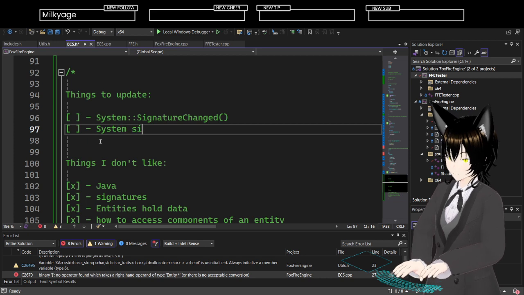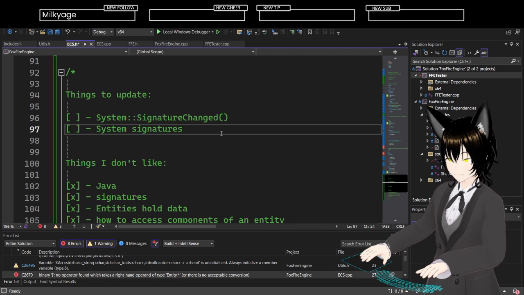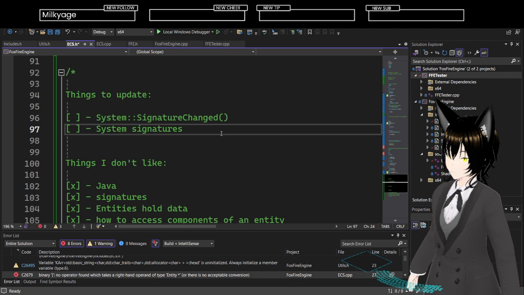Signatures, because I've completely removed signatures altogether. I just don't like having massive bit sets, because a bit set is very, very data dense, right? You just store information per bit instead of per byte or multiple bytes.